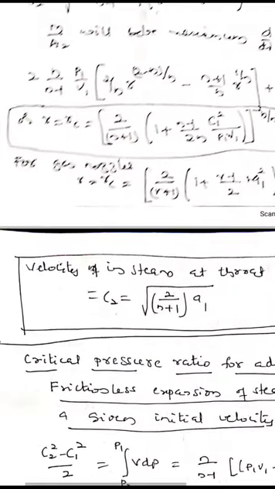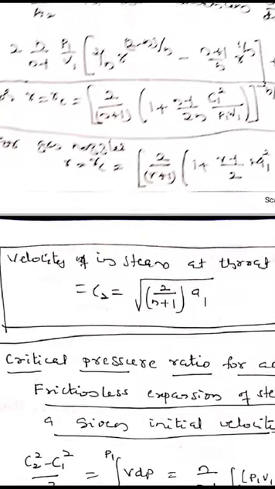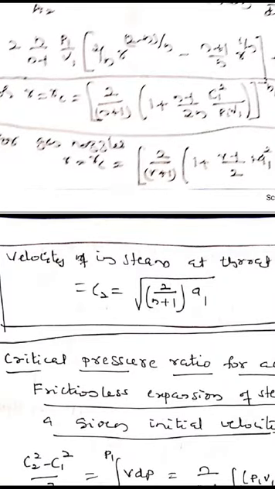So therefore we'll get this velocity of sound equal to the maximum velocity of steam at the throat, equal to C2 equal to root of 2 by (n plus 1) into a1. Thus we have got the expression for this C2, as we obtained, C2 equal to the velocity of sound at the throat. Okay, then